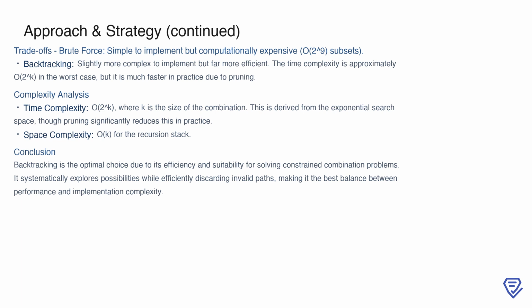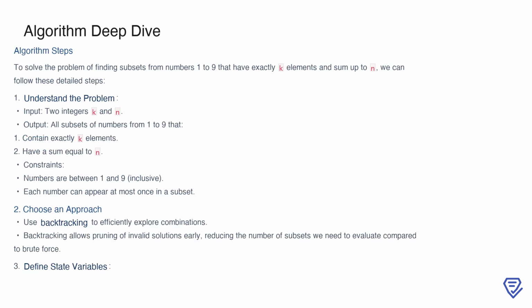Overall, backtracking is the optimal choice for this problem because it offers the best balance between performance and implementation complexity. By systematically exploring possibilities and discarding invalid paths early, it provides an elegant and efficient way to solve constrained combination problems like this one. To tackle the problem of finding all subsets of numbers from 1 to 9 that contain